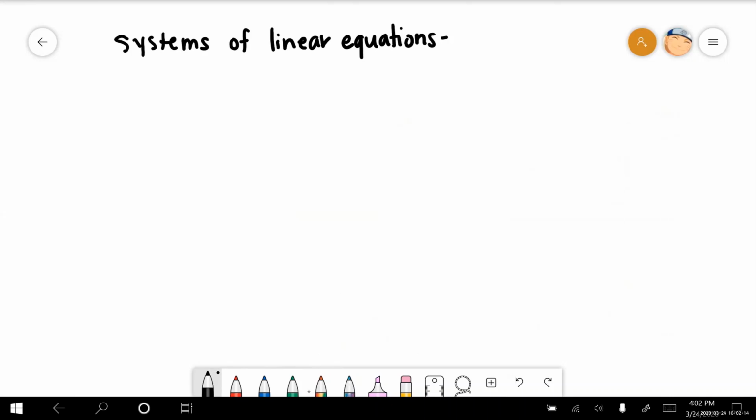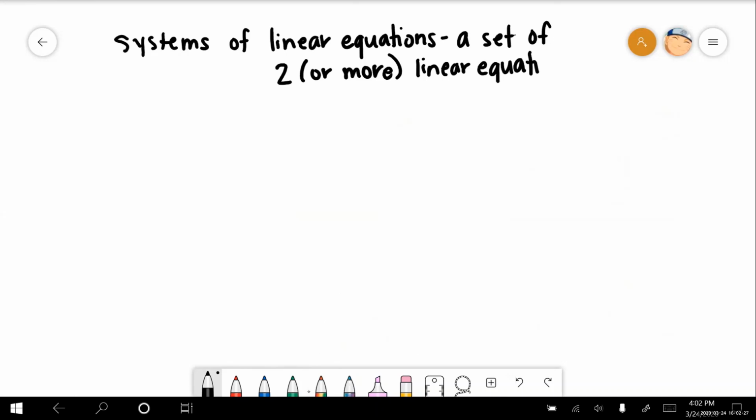And a system of linear equations is technically a set of 2 or more linear equations. Okay, that's the basic definition of a system of linear equations. Now for Algebra 1, we're focusing on only having 2, but when you move on in math, eventually there could be 3, and it starts to become a little more complicated with extra variables. But for now, we're sticking with 2, and when we have 2, we have 3